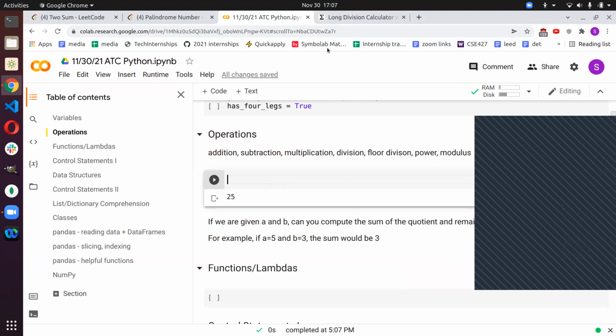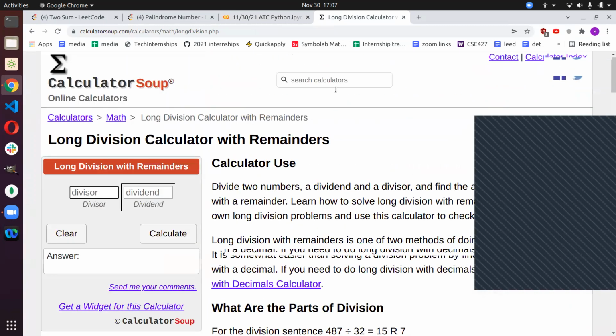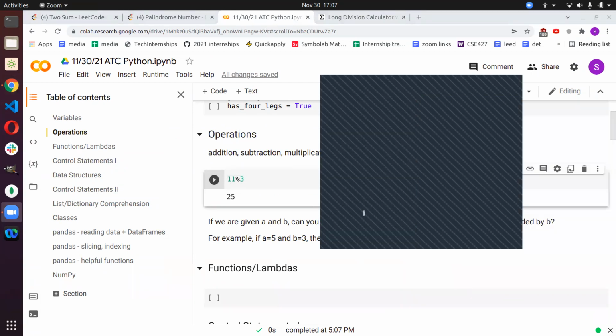I think it's called long division. Okay, so let's do another thing. Does anyone know the answer to 11 mod 3? Oh shoot, no, let me change it to something else. Maybe 16 mod